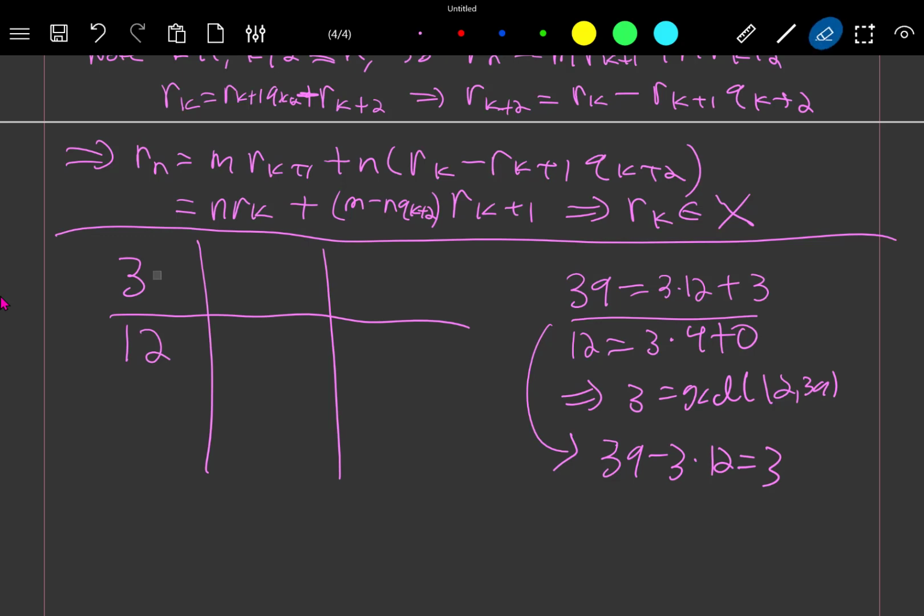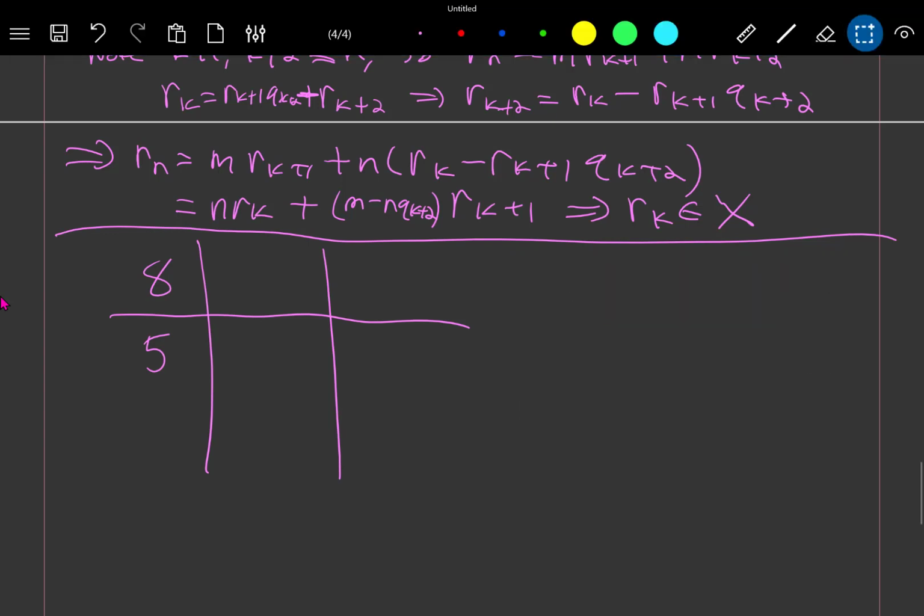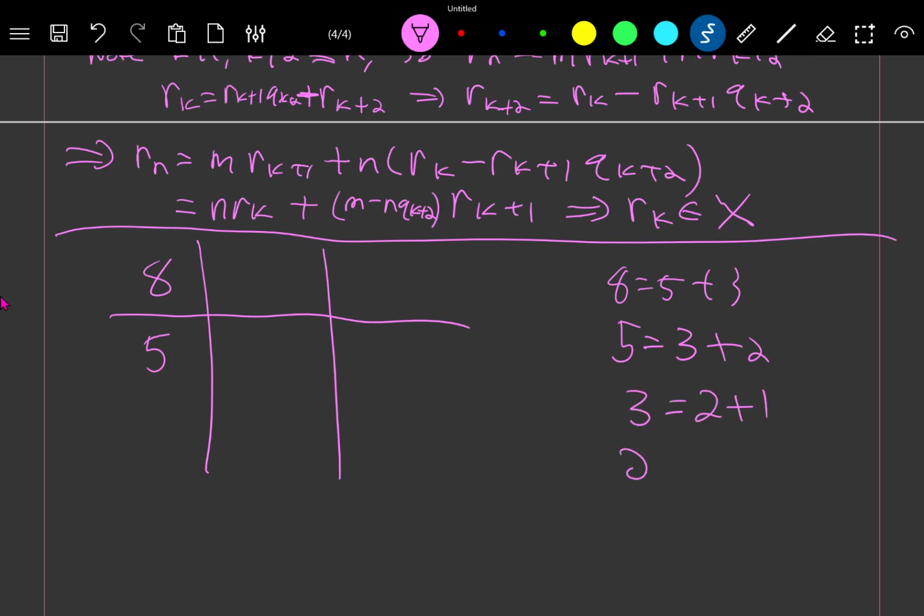Okay, maybe this is a bad example. If we do 5 and 8, their GCD is going to be 1. So this is kind of just doing it in one step, so it's pretty easy. But if you want to do 5 and 8, you would say, well, 8 is equal to 5 plus 3, 5 is equal to 3 plus 2, 3 is equal to 2 plus 1, 2 is equal to 2 times 1 plus 0. So that tells you 1 is the GCD, and then you have to take this and say